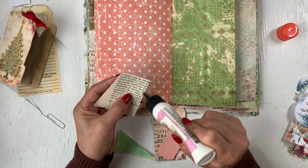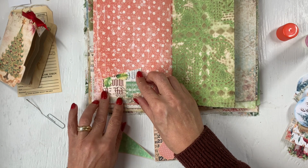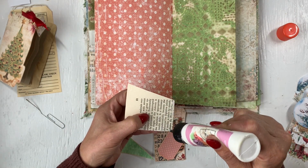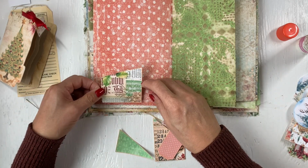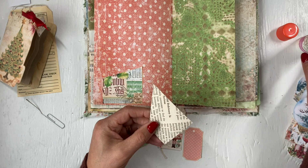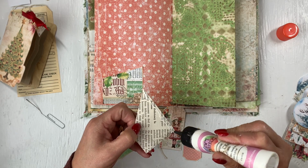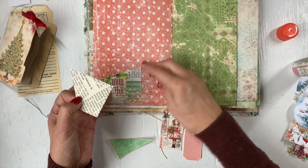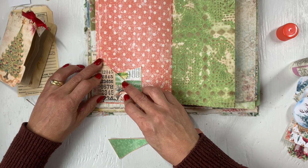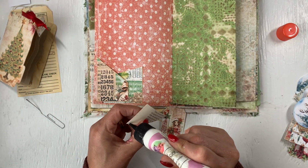And maybe this one I'll just do as a tuck in the back. No, I'll have to do it as a full pocket because the other one's going to cover that. Just have to put it where I had it. Okay, we're gonna do that. This one can be kind of like a tuck. Okay, and then this one on the bottom will be